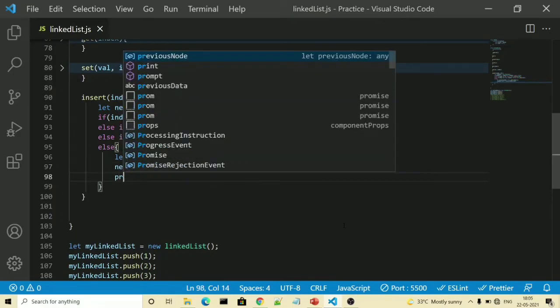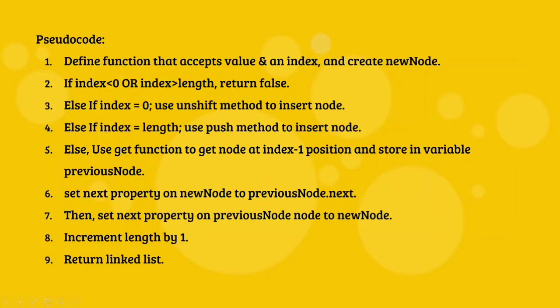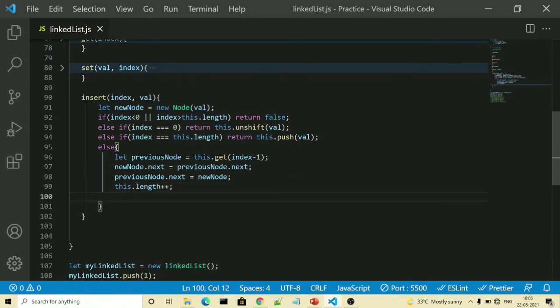So we will do previousNode.next equals newNode. Once that is done, we will increment length by 1 and then we will return the linked list. So simply this.length++ and then return this.